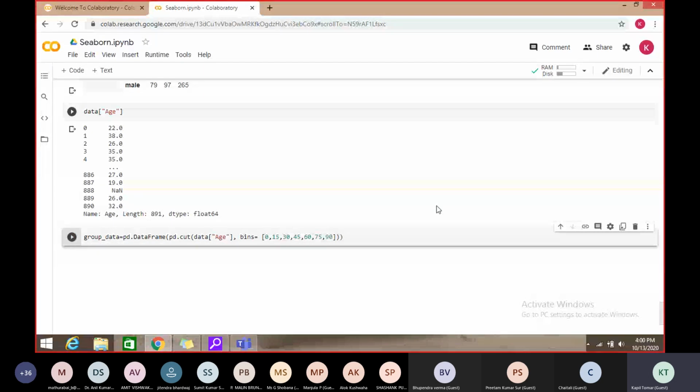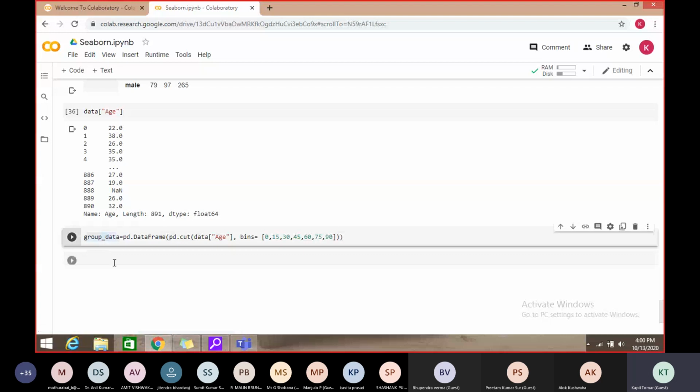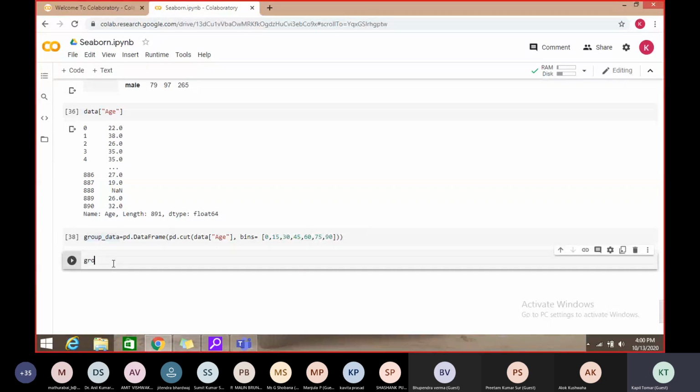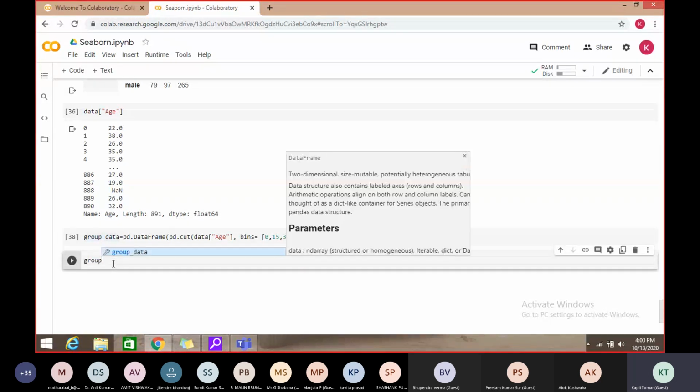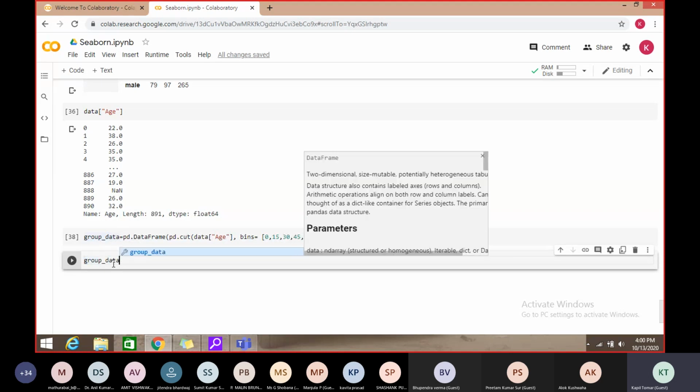So this is correct, and now we can print this. We just want to check what will be the data which is stored in this variable. So let's see, group_data.